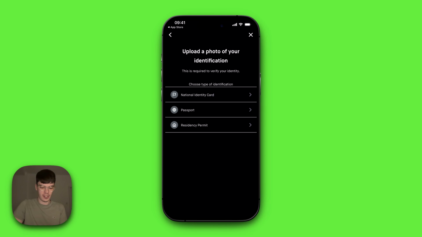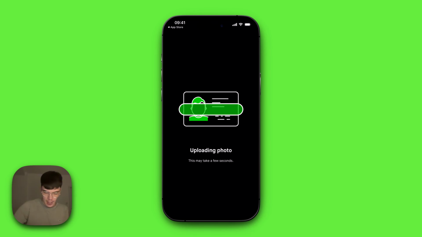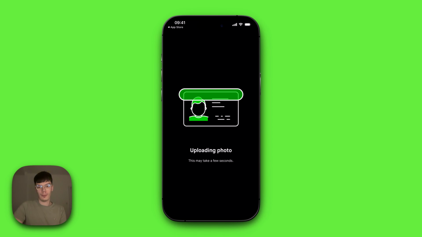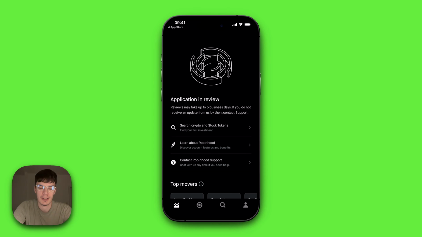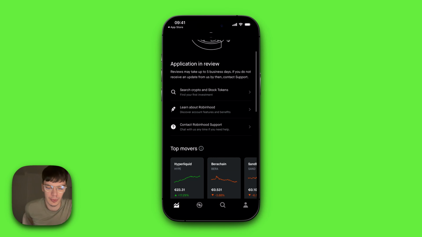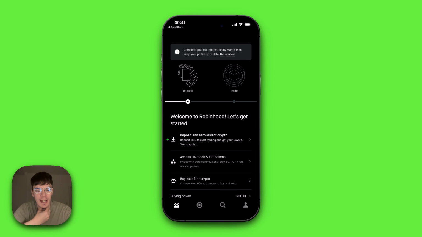Now choose from three options. I'm gonna select National Identity Card and scan your ID. Now they are uploading your ID and it may take a few seconds, so wait. And the photo was accepted and the application now is in review, but it should be pretty soon. So now my application was accepted, and if you want to get that 30 euro of crypto, you have to